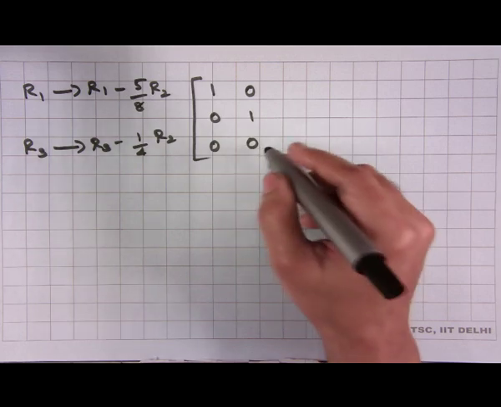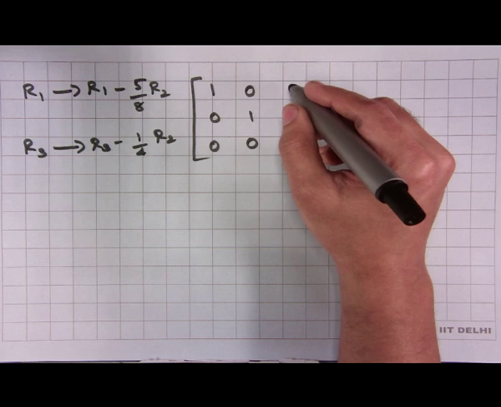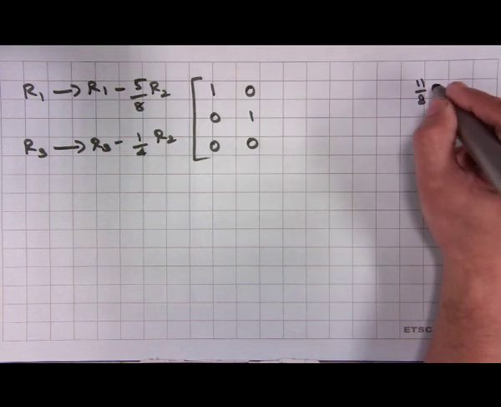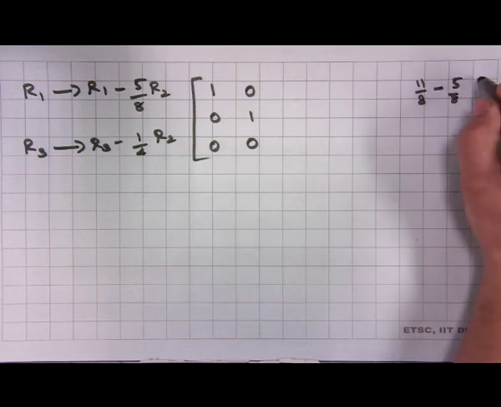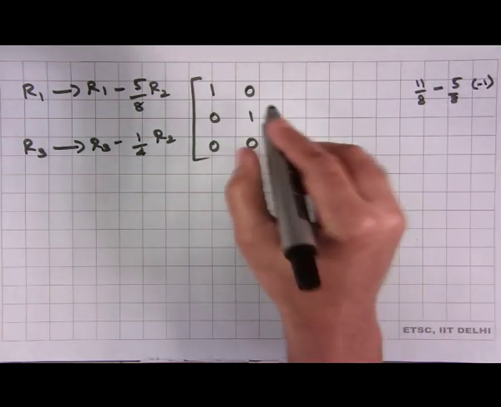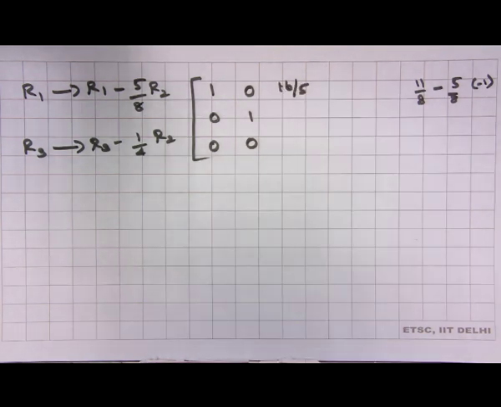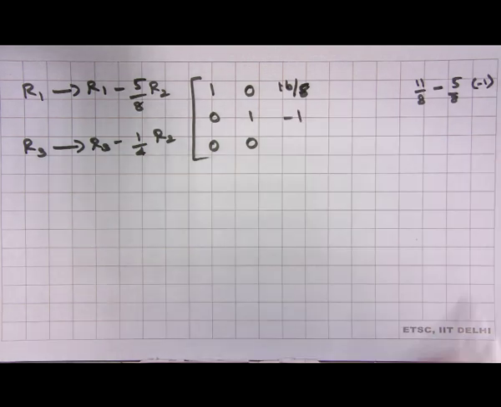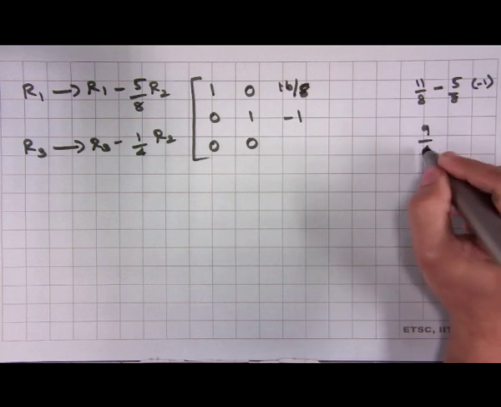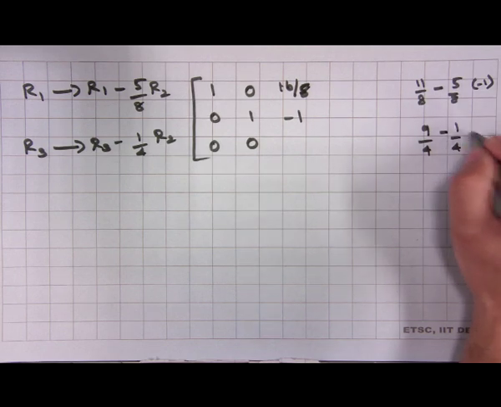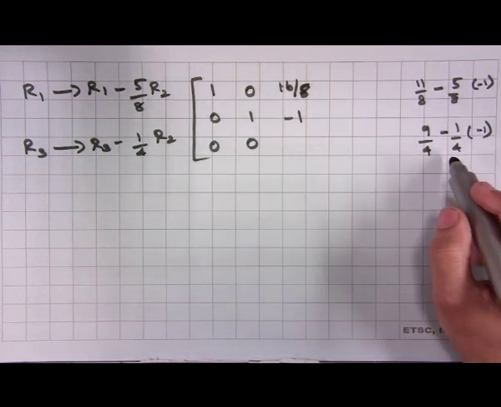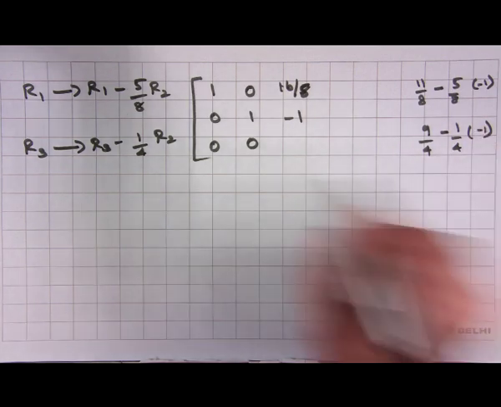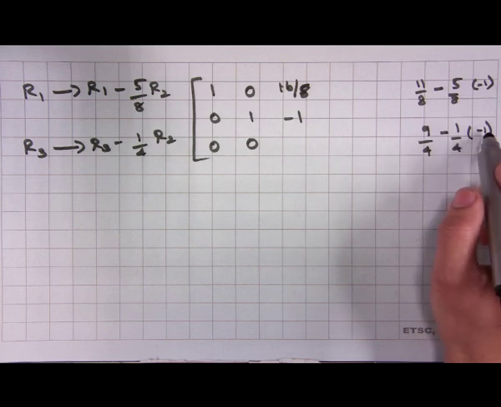as it is. 0 0 0 1 0 0 and then I will have this term is, so R1 is 11 by 8 minus 5 by 8 times minus 1, which I will have it as 16 by 8, and then this minus 1 remains as it is, 9 by 4 minus 1 by 4 into minus 1, which is going to be 10 by 4